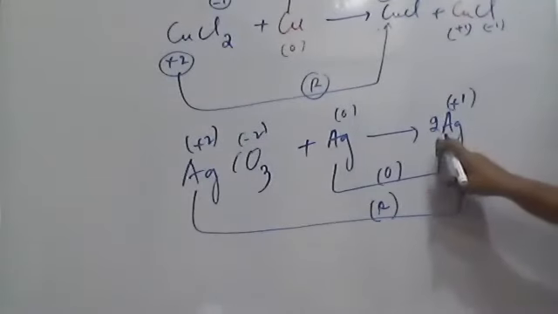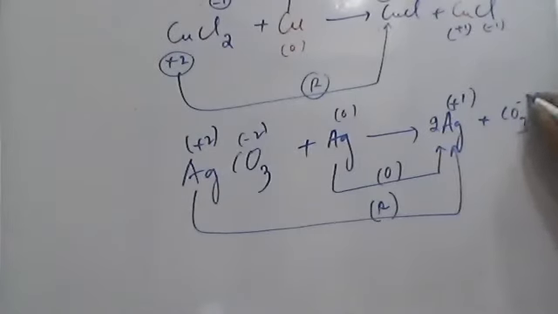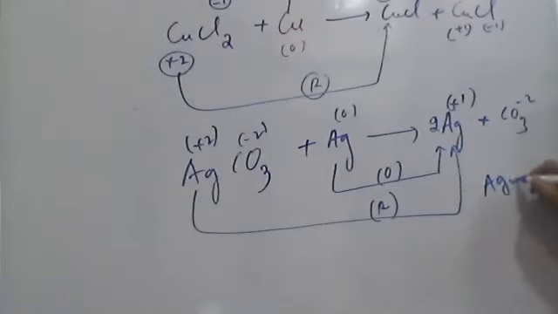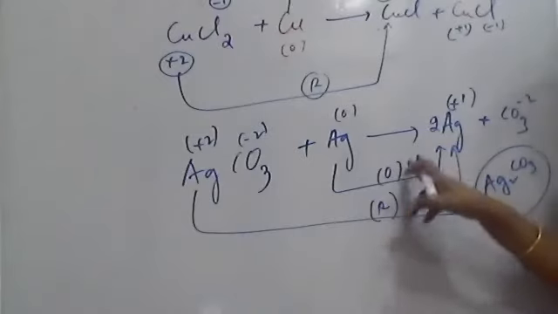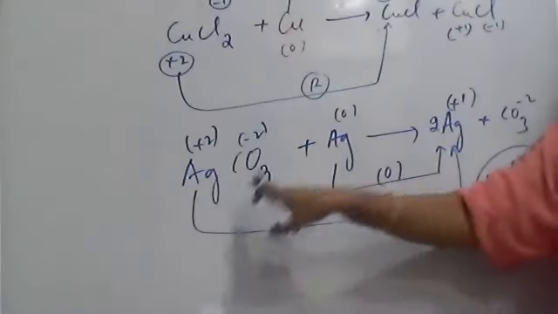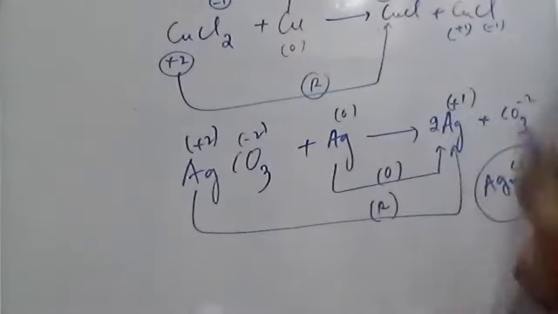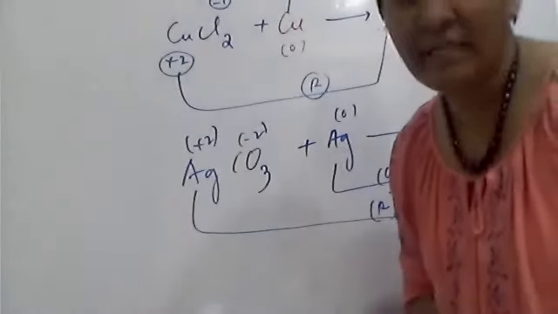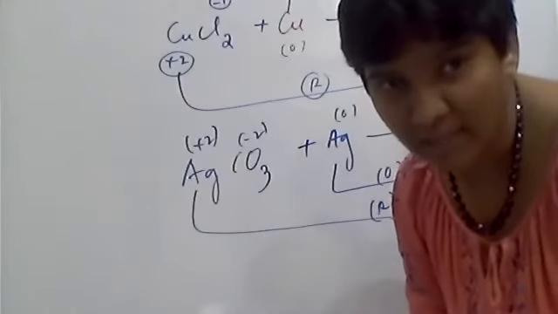So now this 2Ag will combine with carbonate CO3 -2. So what compound do you get here? Ag2CO3. So the same element is undergoing reduction and oxidation, from its higher and lower states to form an intermediate oxidation state, called comproportionation. So these are the different types of redox reactions. Please watch the videos and learn it.